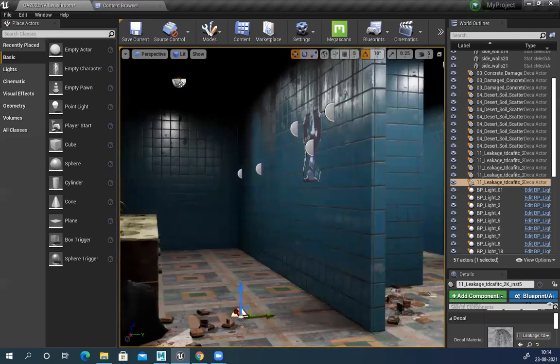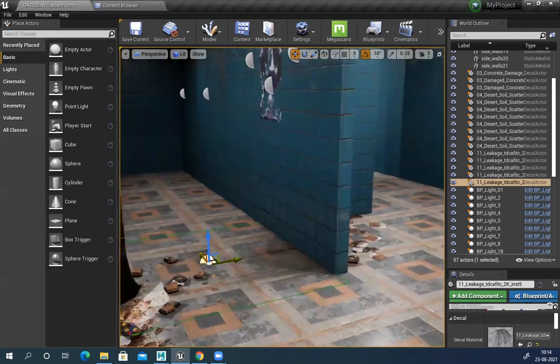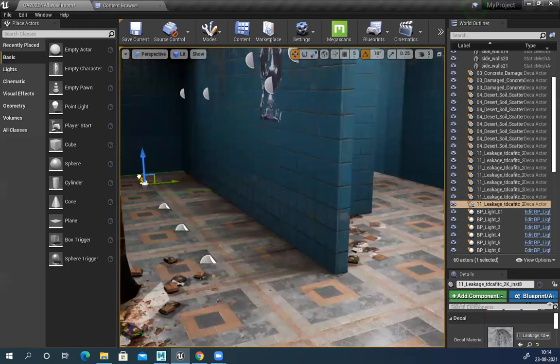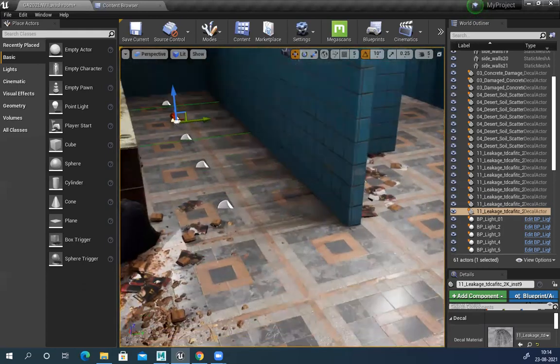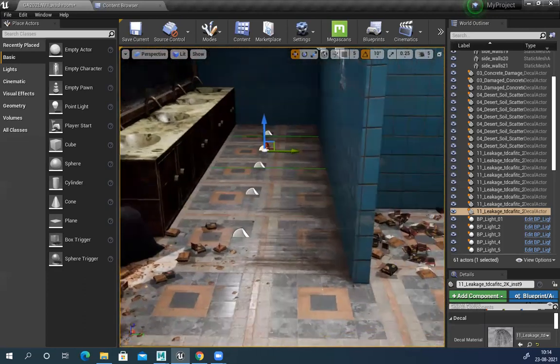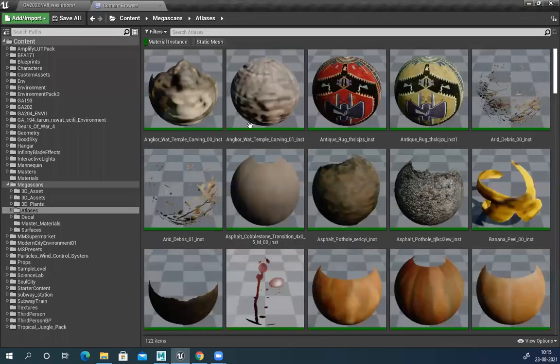The corners, all this dirt is required. This side also I need dirt.